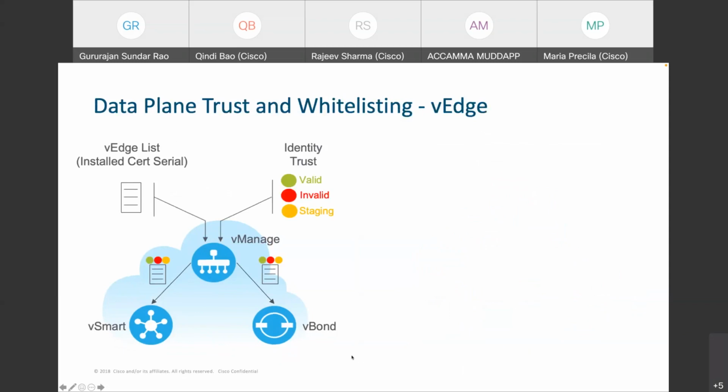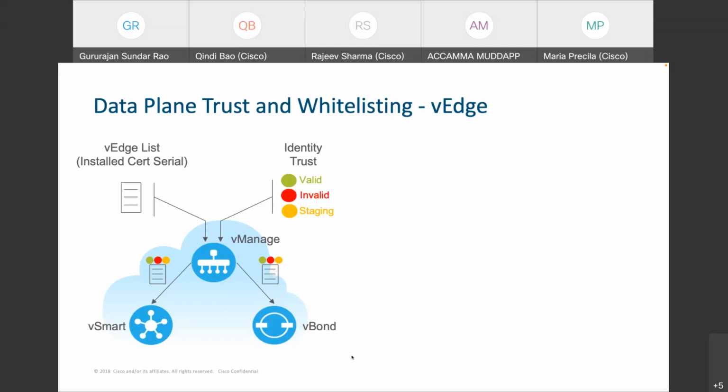Now, moving on to how we whitelist the routers, the same procedure applies for the CAs as well. In the previous slide, I mentioned that in the PNP portal, we can update the serial number information of all the routers that will be part of the SD-WAN fabric. Once the serial numbers are updated in the PNP portal, we can directly sync it to vManage. We have an option to quickly sync with the smart account. We can use that, or we can download the serial list from the PNP portal and upload it